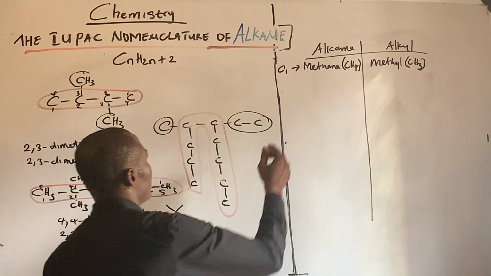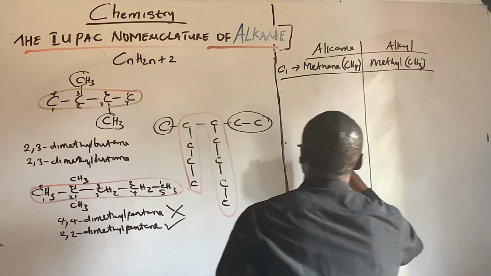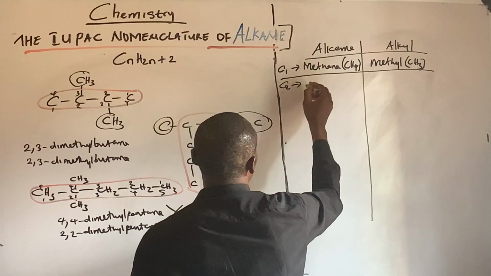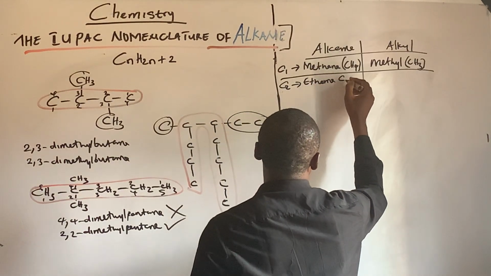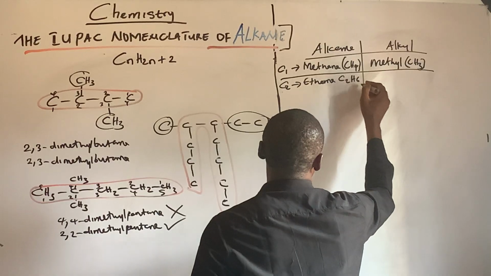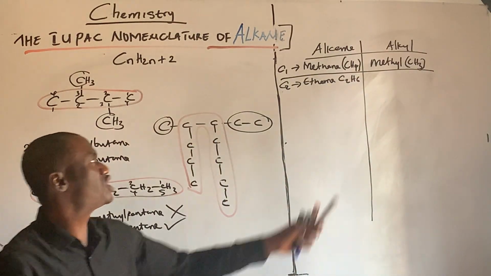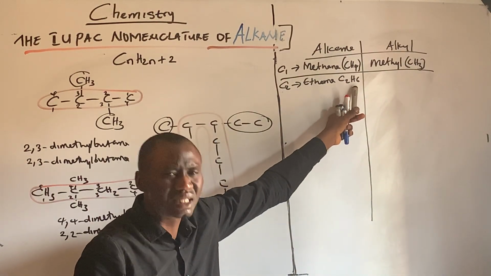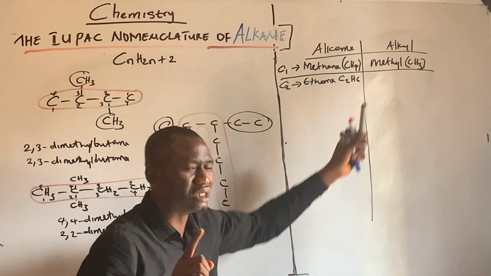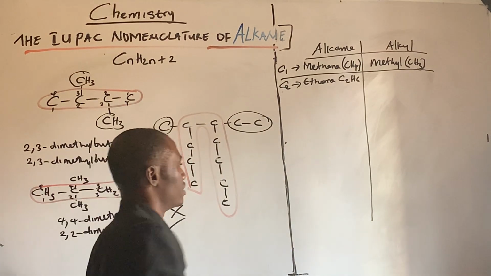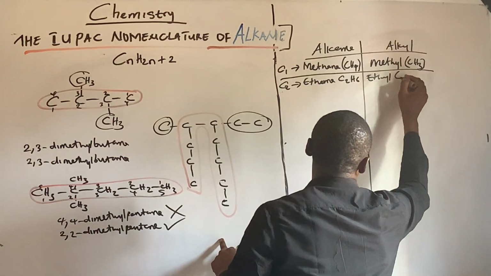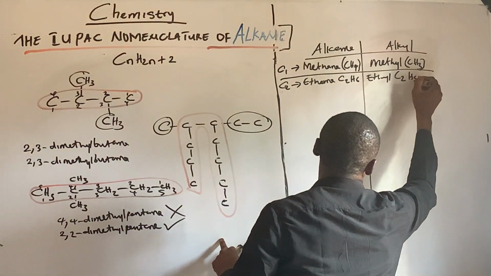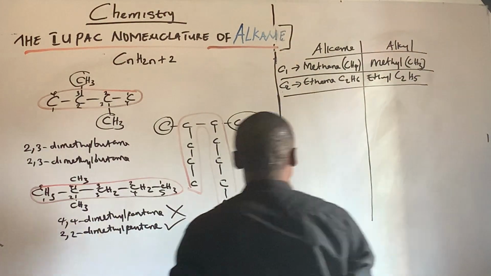Now let's deal with another substituent. Let's say we have C2. C2 is called ethane, and it is C2H6. Now, if one hydrogen is removed from these 6 hydrogens, I have 5 hydrogens, and then it becomes an ethyl, C2H5. All right. Now, this